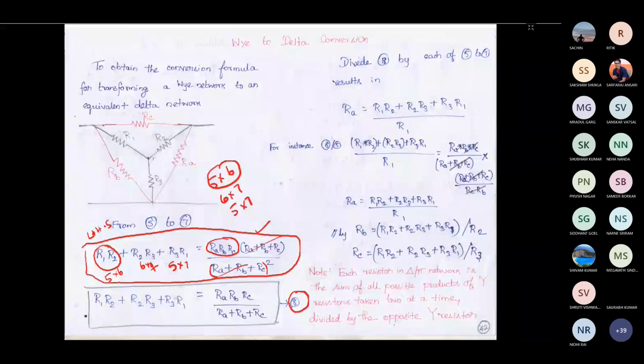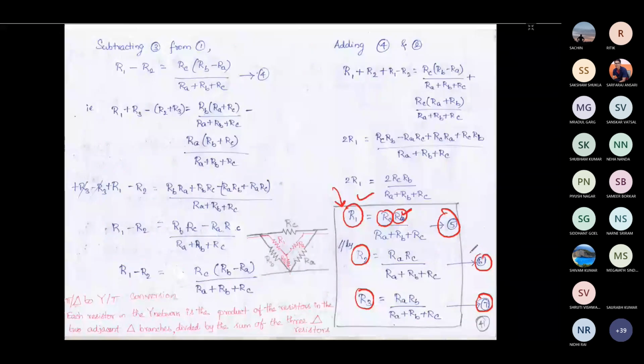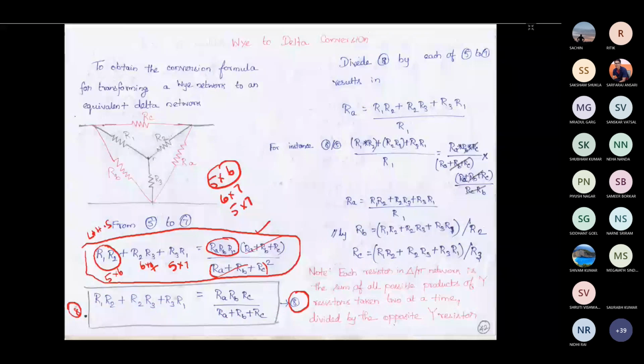Okay, now what we are going to do is, this is the equation number 8. In the previous thing, we got equation number 5, 6, and 7, right? So here we got equation number 5, 6, and 7. Now, each equation, we are going to divide it: 8 by 5, then 8 by 6, and so on. These are equation number 8 divided by equation number 5. So in that case, if you write like that, we will be getting the combination like this. So RA can be obtained like, so I have given the explanations also. You can just go through it.